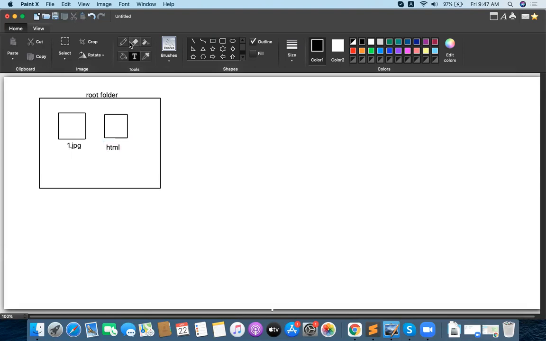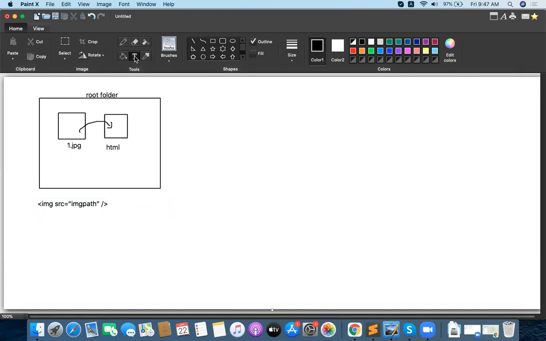What my requirement is, I want to load this image into this HTML. In this particular case, what is the syntax? Very simple syntax you can write. We already discussed it: img src equal to image path. That's all enough. This is the way you have to mention it. This is case one.